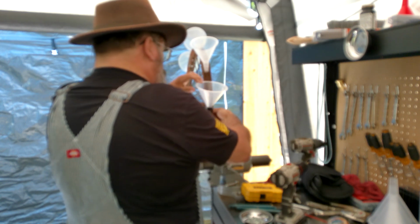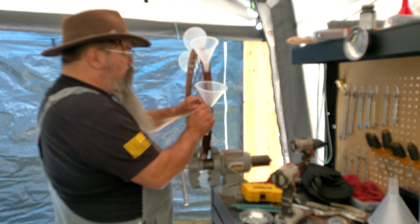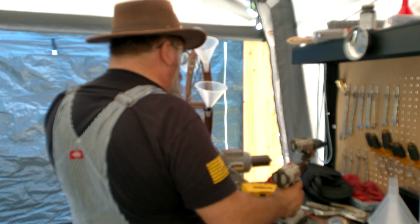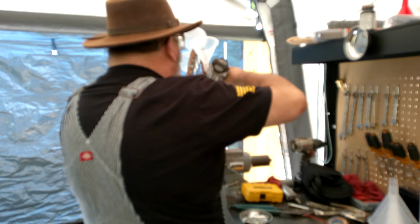So, the first bit here, me putting the cups on the wheel, I'll just insert a little background music. I mean, it's pretty obvious. Drilling holes, putting bolts in the top, rivets in the bottom,